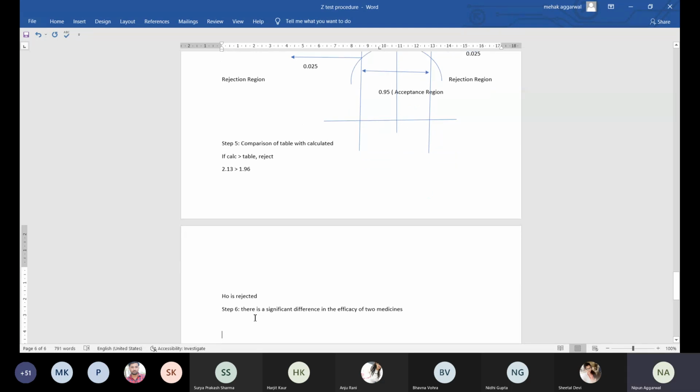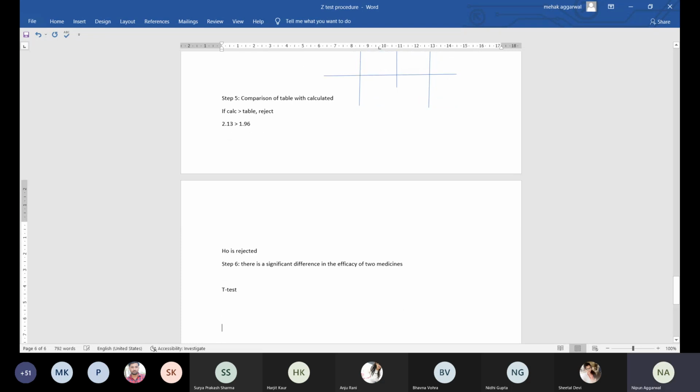Now the next is, we have covered the 4 cases of your Z test. So now comes the T test. Again in the T test we have 3 cases. That is 1 sample mean, 2 sample mean, the same as in the Z test. But with the only difference that there the sample size is greater than 30, here the sample size is less than 30. So with the difference of the sample size, we have come up with the T test, 1 sample T test and the 2 sample.